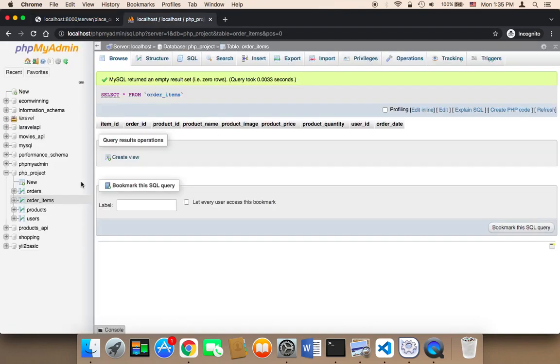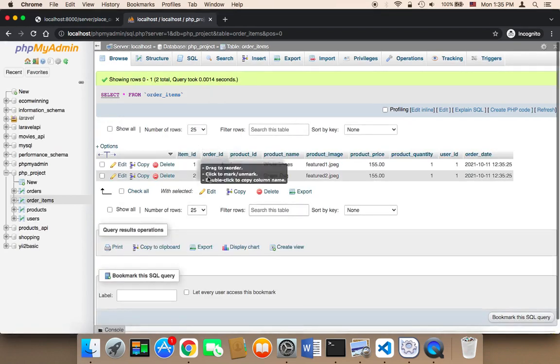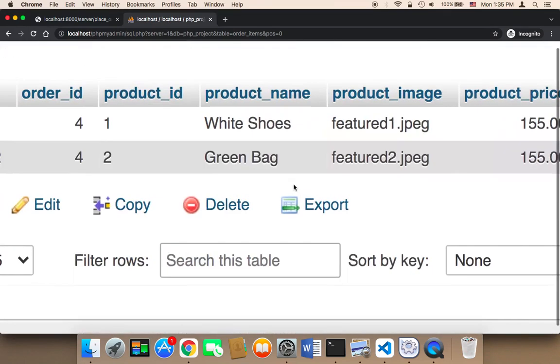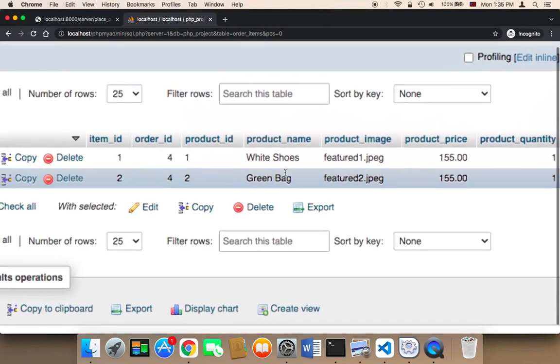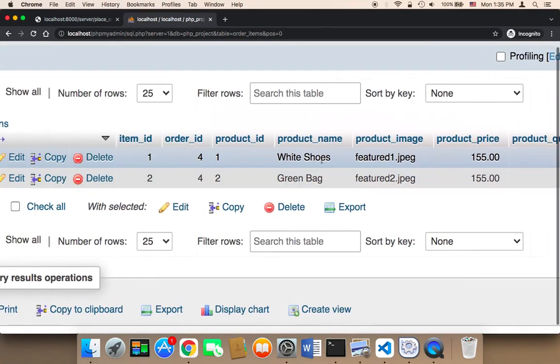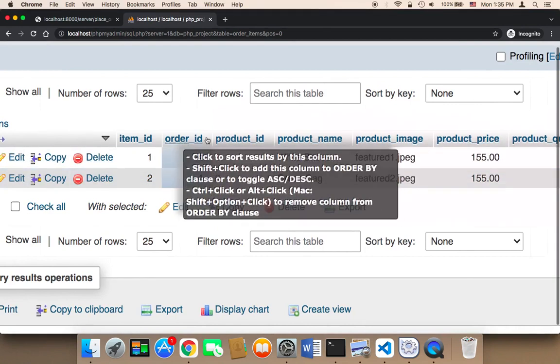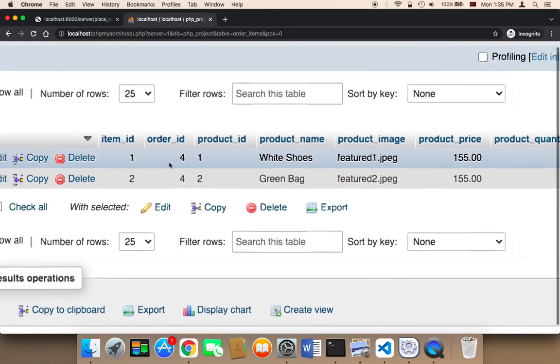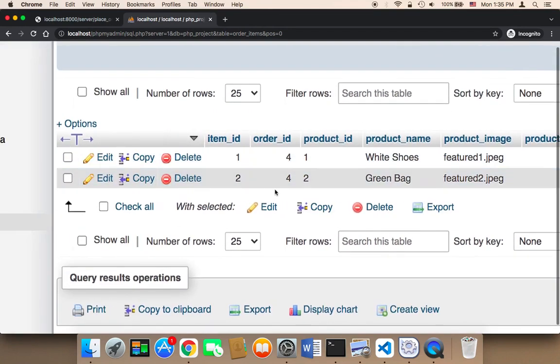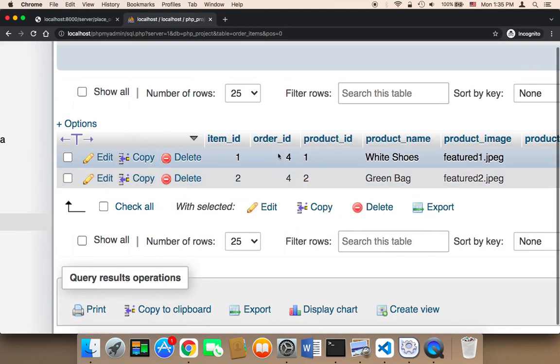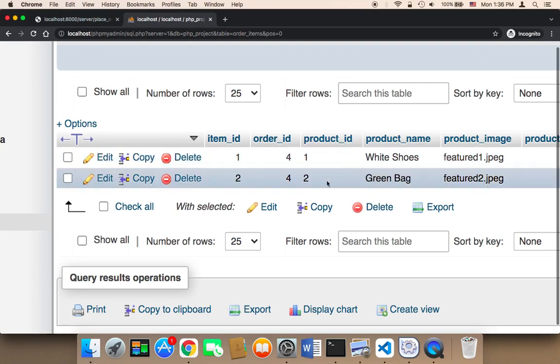But let's check the database. Now in the orders, in the order items, we should have 2 items. As you can see, we have 2 items. The first item is the white shoes, and the second item is green bag, and that's correct. And the name of the images, the prices, the quantities, everything has been stored here. And notice something important: the order ID is the same. The order ID is 4 and 4,